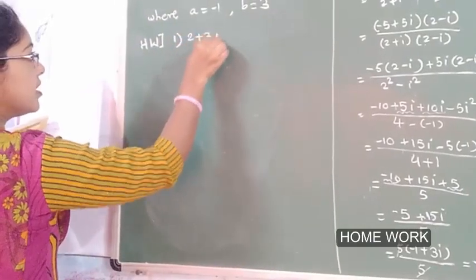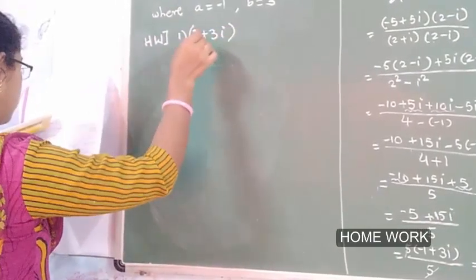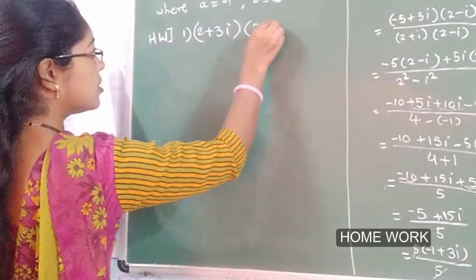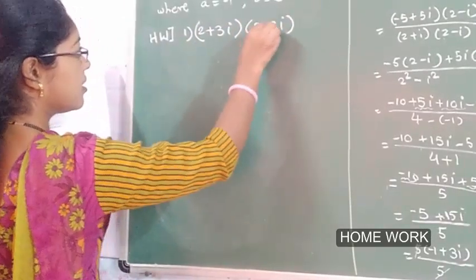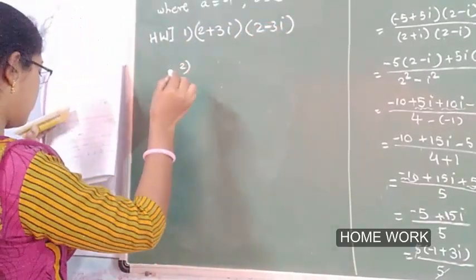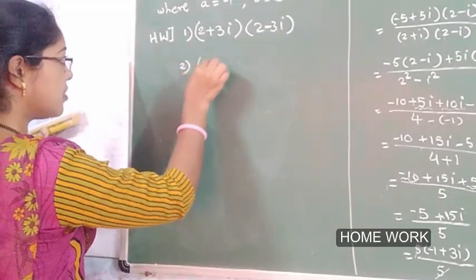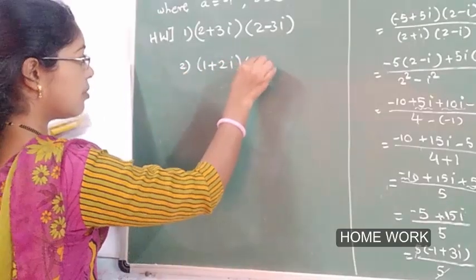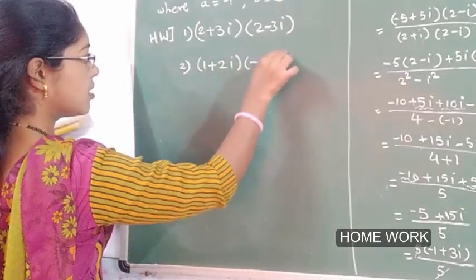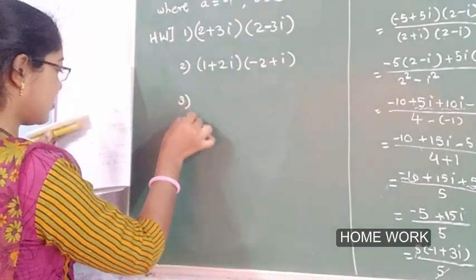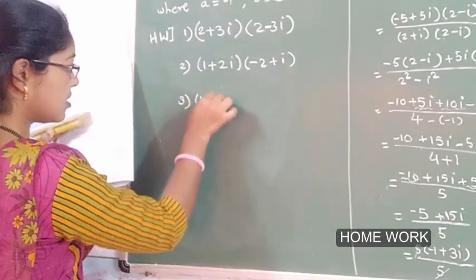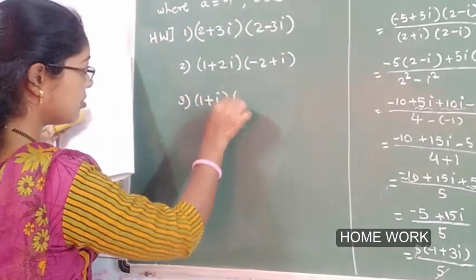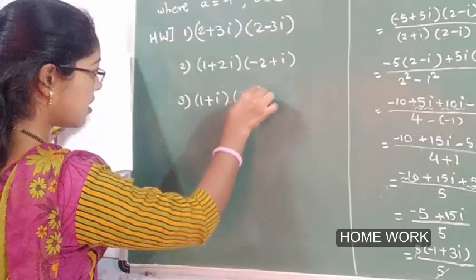Next, (2 plus 3i) into (2 minus 3i). Next I have (1 plus 2i) into (minus 2 plus i). And third we have (1 plus i) into (1 minus i)